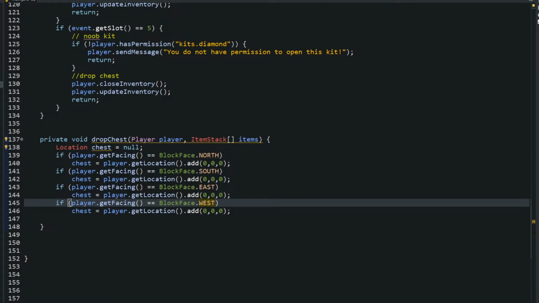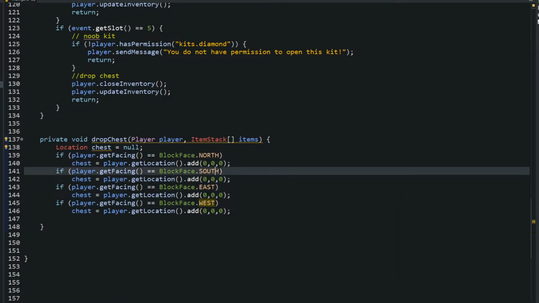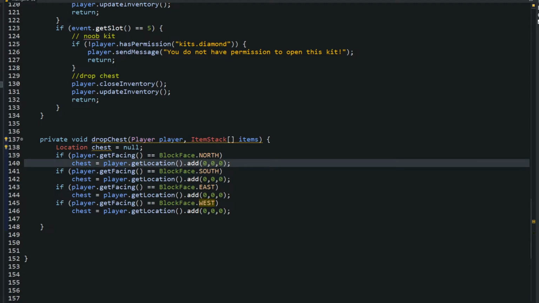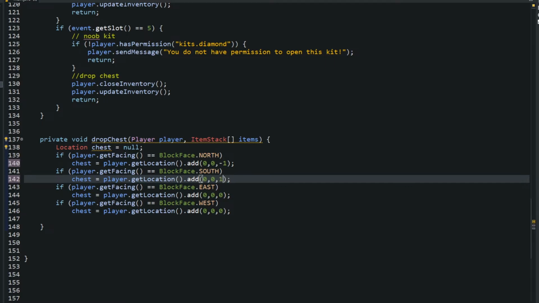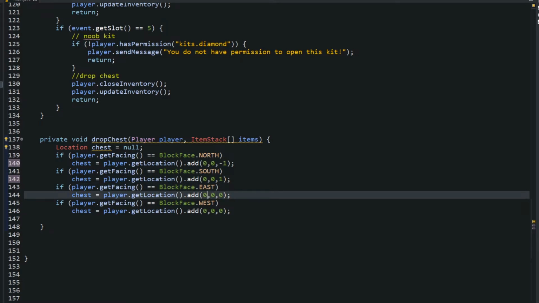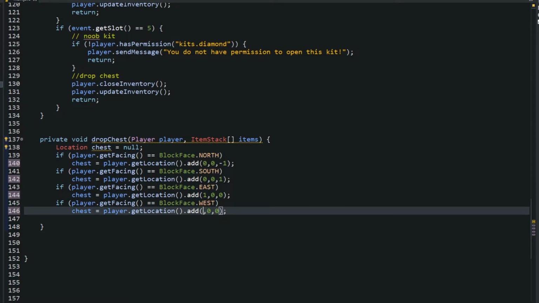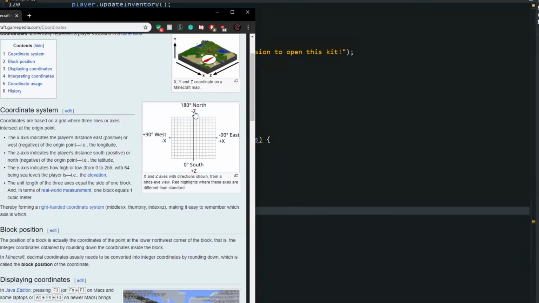So each time they're looking in a different direction, we need to change this location by just 1. If they're looking north, north affects the Z axis, so we're going to change it by -1. We're moving it 1 block further in front of them. If they are south, we're changing it by 1. It's the positive Z direction. And then east and west will deal with the X, where east will be 1 and west will be -1. Now there is a site I will link in the description,